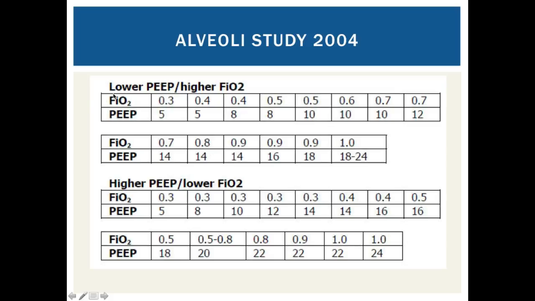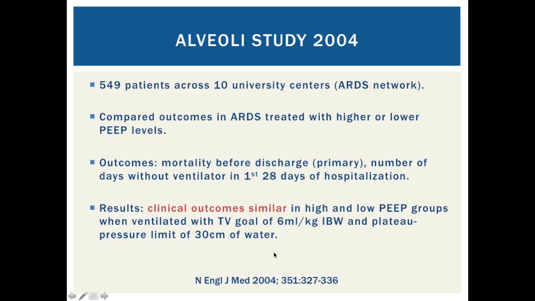You're looking at a group that, if you look at the PEEP, really kind of stays, I will say, lower. So when you're on, say, 80% FiO2, your PEEP is around 14. Whereas you look at this group down here, the PEEP really dramatically increases early on, and by the time you're up to 80%, you're already up to a PEEP of 22. So they looked at outcomes again, the same type of outcomes: mortality before discharge, number of days on the ventilator, and what they found was that the clinical outcomes were pretty similar in the two groups,